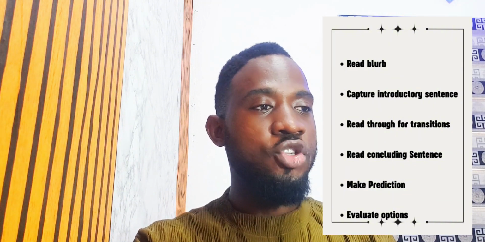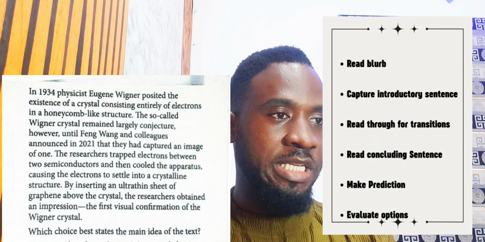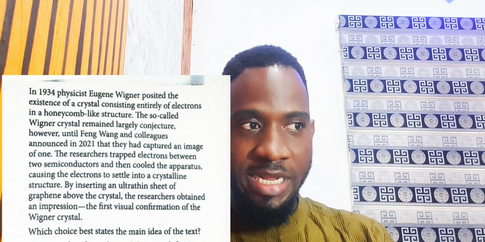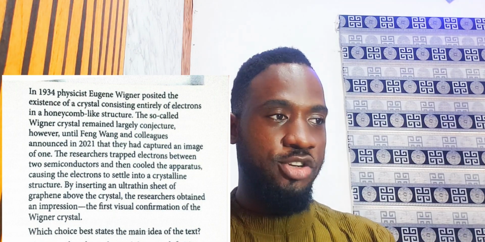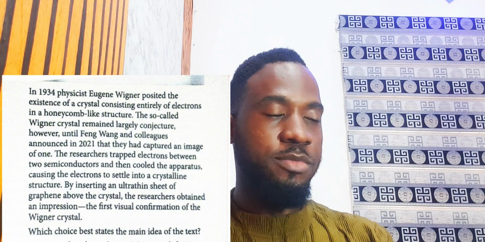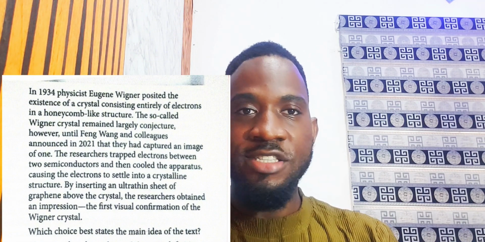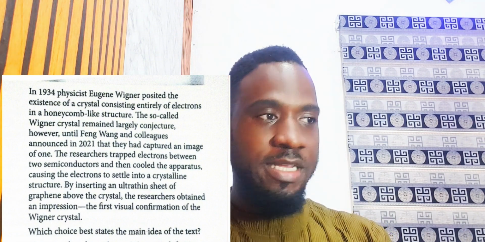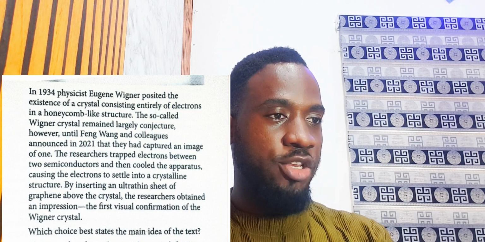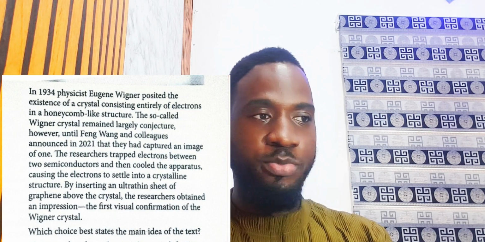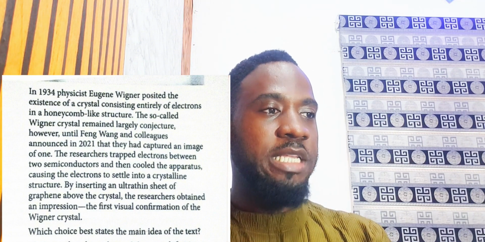So we have the so-called Wiener crystal. You see, repetition of an important detail. I am marking that. Remained a conjecture. A conjecture, you want to know what that means. It's just somebody's projection that is not founded fact yet. However, until recently, there's a however, which points to a new information point coming through. However, we have seen here that his